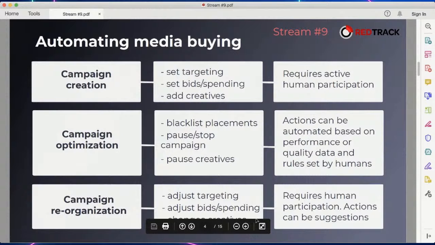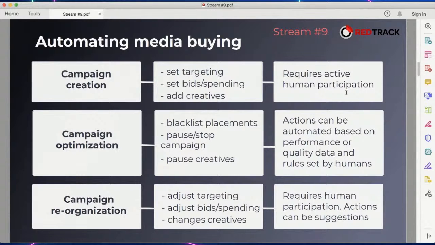And you know what? I trust in the human mind more than in any artificial intelligence. So I think the first two require active human participation. Yeah, you can just cut and paste them across different traffic sources, but to design the campaign, to pick the right creatives, to pick targetings, to pick flows, funnels, whatever you need, this is where humans are best.